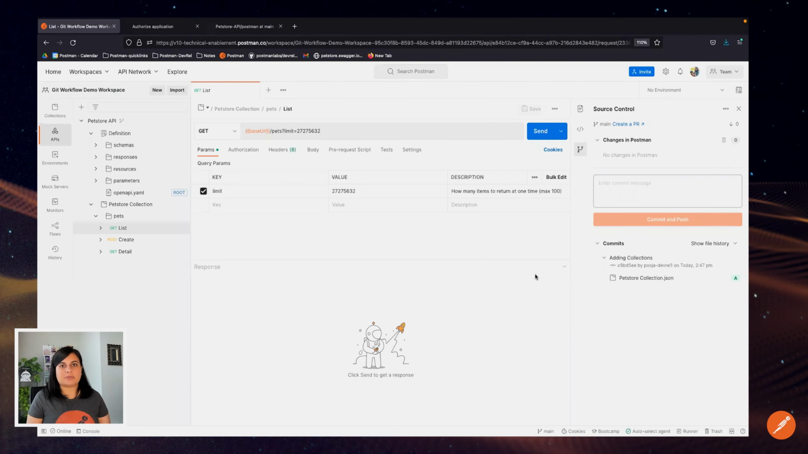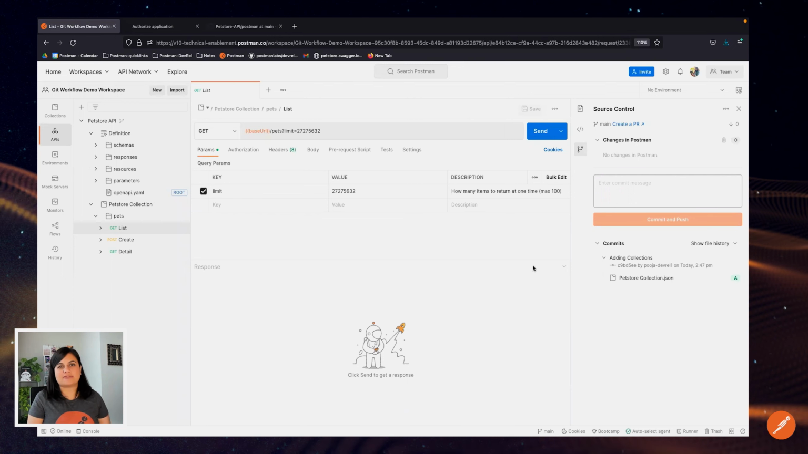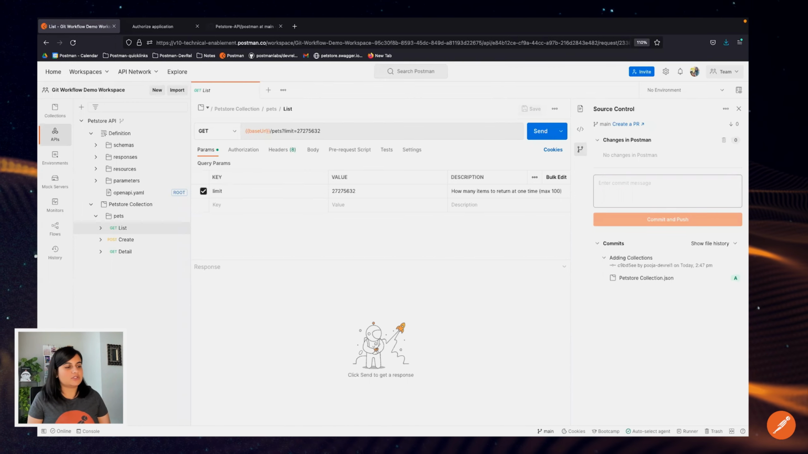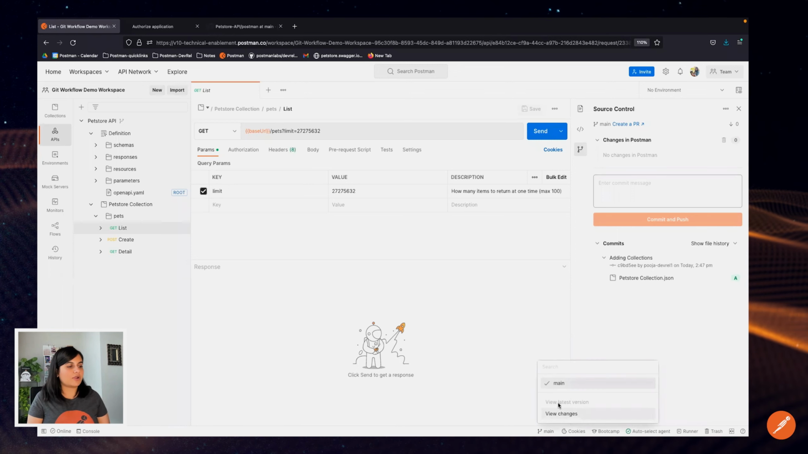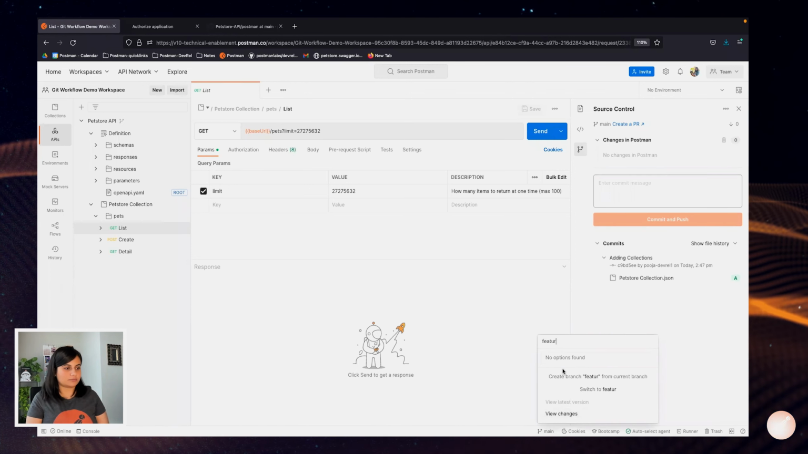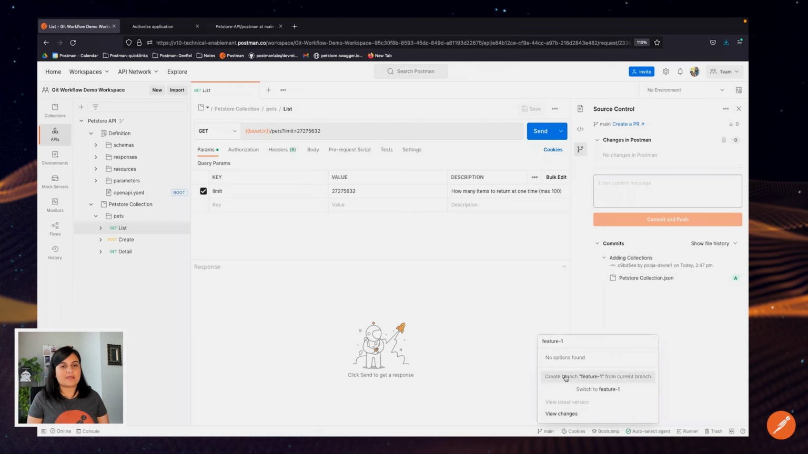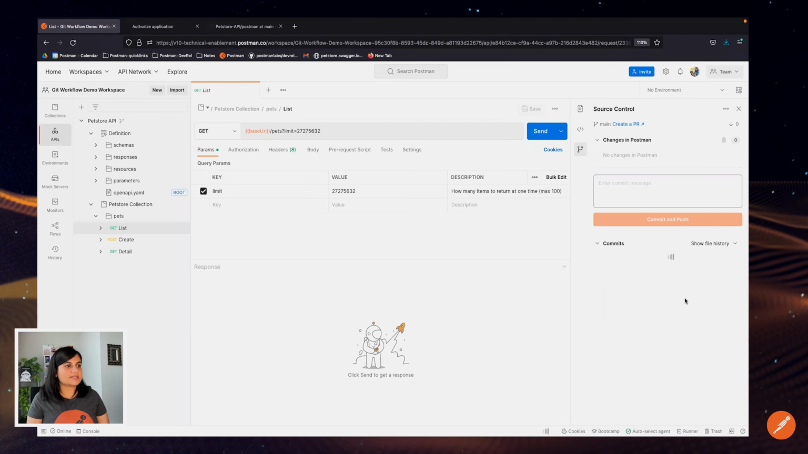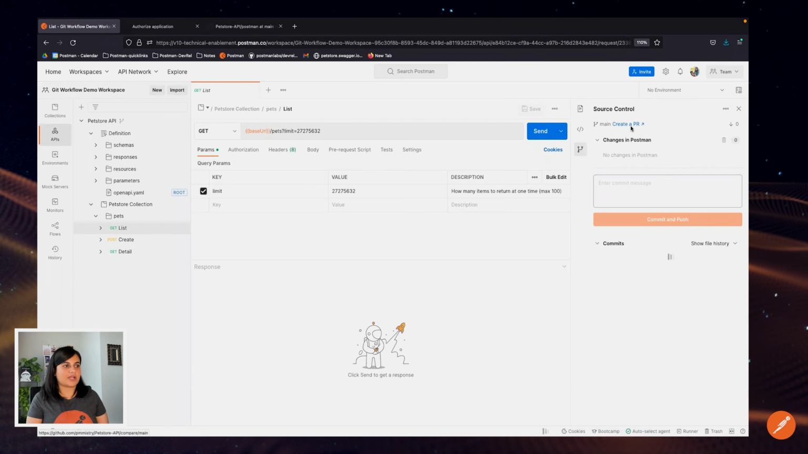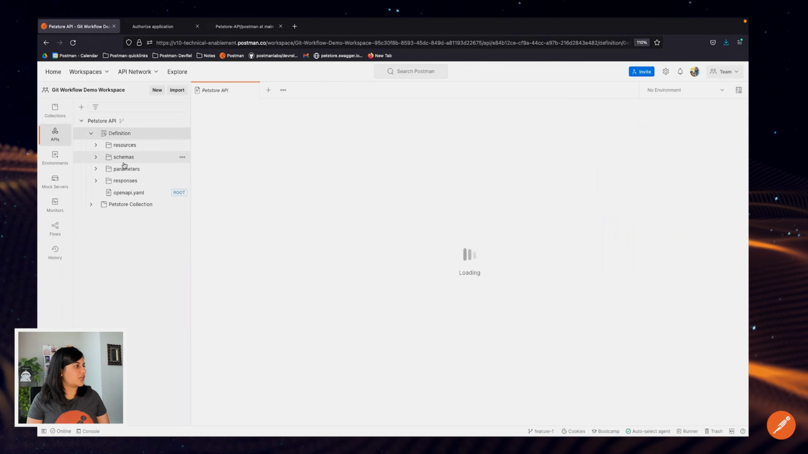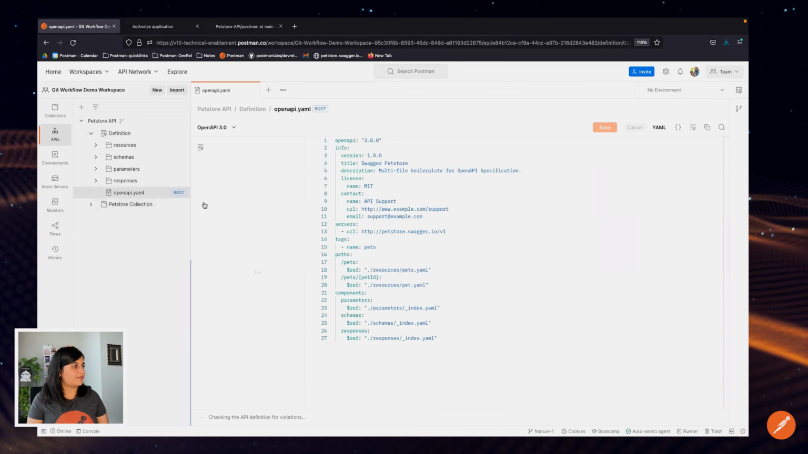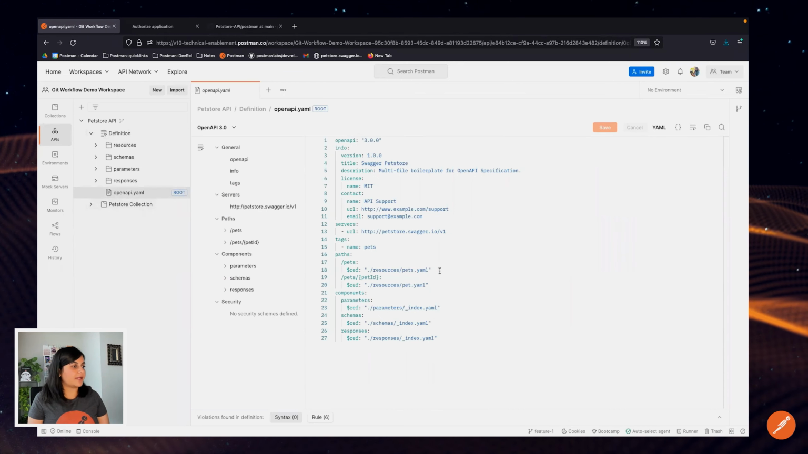Let's say I want to build a brand new feature and I want to build that feature on a brand new branch. To do that, I can go to the bottom right-hand corner and I can create a branch called feature 1. By creating a branch called feature 1, this allows me to switch to that branch on my source control panel. Now, if I were to make any changes to my OpenAPI file, such as creating a new path,